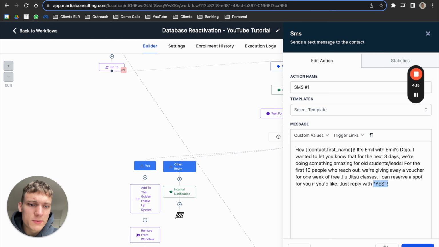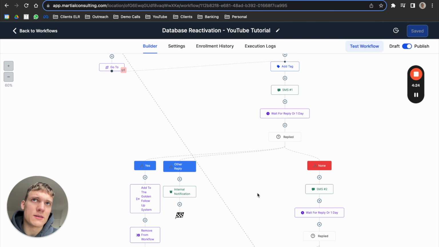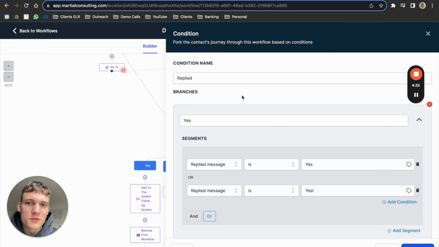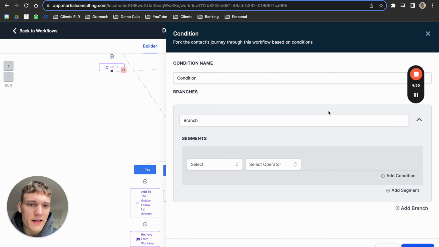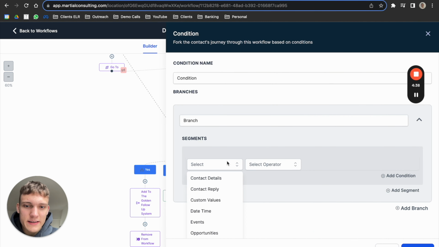Now, there are multiple things that can happen. Obviously, they could reply with yes, and then what will happen, I'll just show it to you in a second. They could reply with something else, for example a question like, sounds good, but can I bring a friend? Or they could reply, not at all, so to speak. And you then set up a state, so I can show this to you if you don't know how this works. You set up something called if else, and then you just select contact reply,